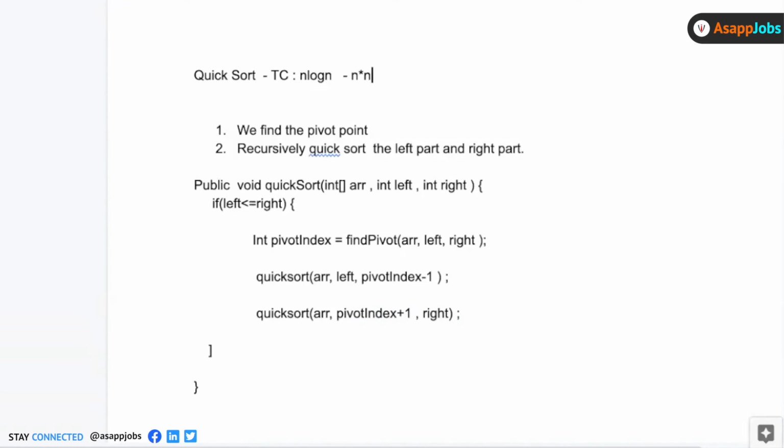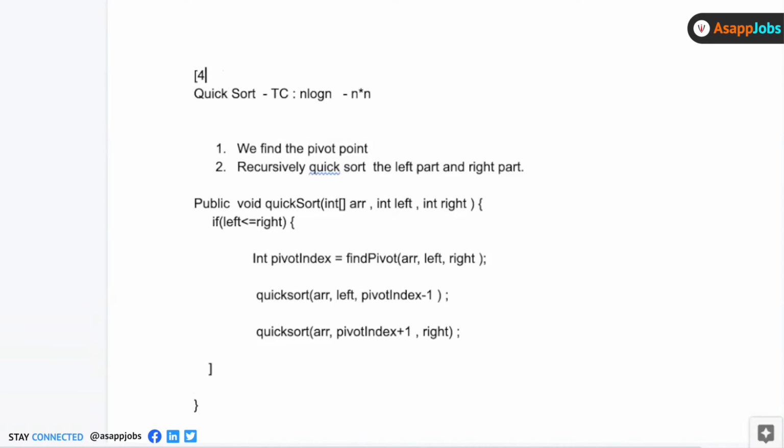So suppose I have an array like this. If the array is totally in descending order, then when we do a quicksort, the pivot index will become the last one, like this. It will go like this. It will not get divided into two halves, rather it will be unbalanced: one part will be n minus 1 and another will be 1, because of this kind of array.